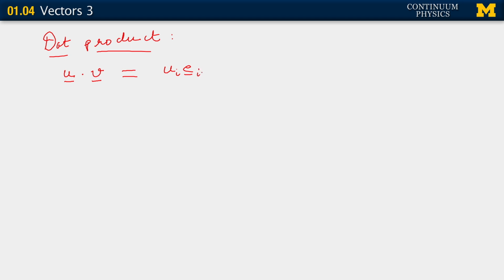U is expanded as ui ei, summation convention in use. Now v, we have to be careful. We don't use the index I again. That could lead to confusion. It will in fact lead to confusion. So we use another index, j. Remember, these are dummy indices. So it doesn't matter what you use, as long as you use something that's different. All right? Okay. Well, using all those properties of dot products that we know, this is just ui vj times